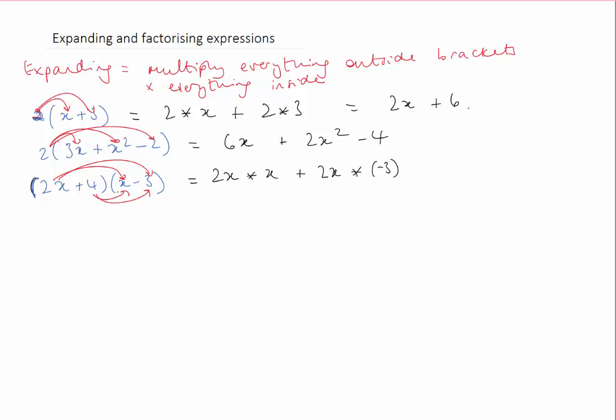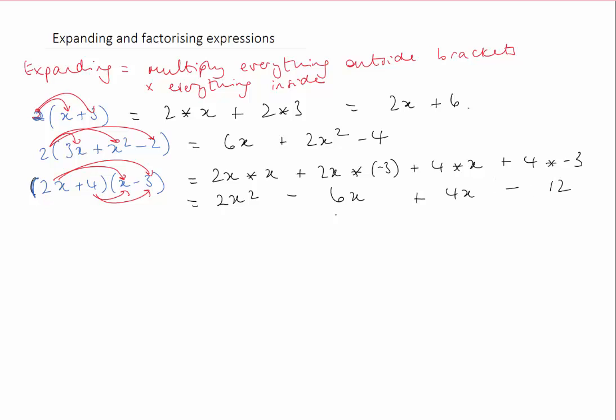Then we've got plus 4 times x. And then we've got plus 4 times minus 3. And so that gives us 2x squared minus 6x plus 4x